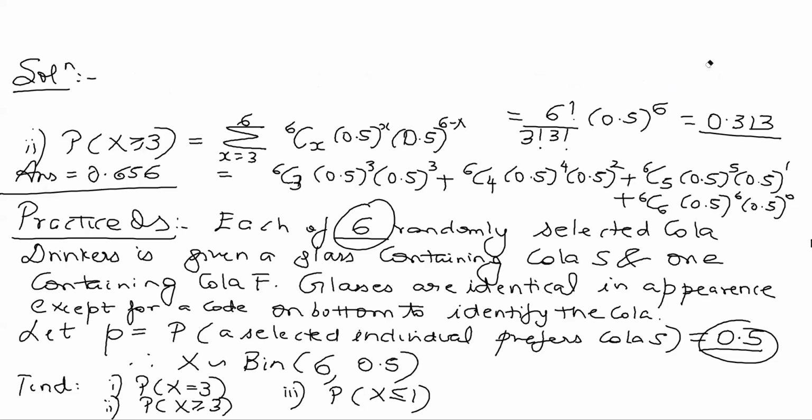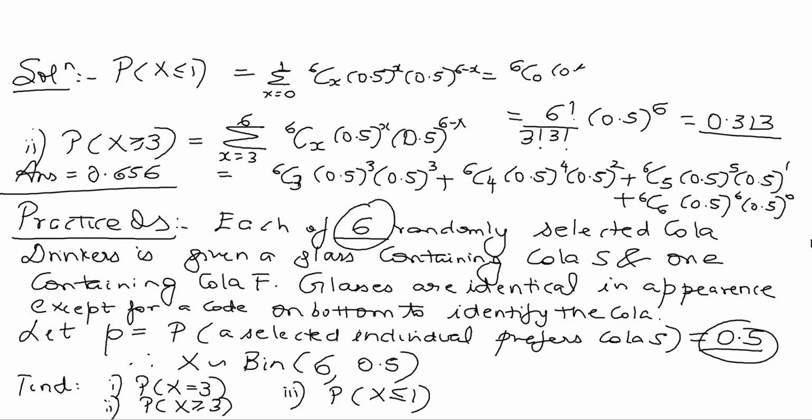So what will the probability of X less than or equal to 1 be? Summation as x goes from 0 to 1. Let me write it in a clearer way. Summation as x goes from 0 to 1 of 6Cx, 0.5 to the power x, 0.5 to the power 6 minus x, which will be